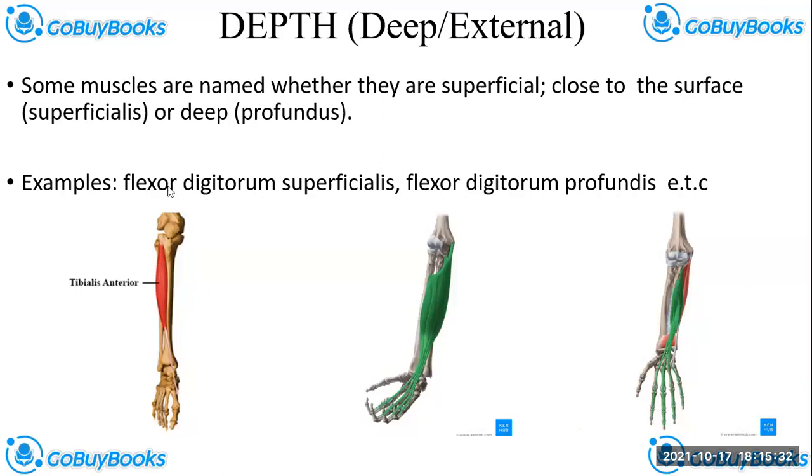The last thing we'll talk about is how muscles are named based on their actions. That's the last thing we'll talk about after this. But you remember I told you that muscles are usually named as a combination of different criteria. It's not usually just one thing that they use. Sometimes it can be just one criterion, sometimes a combination of different things, and then the muscle has its name. The flexor digitorum superficialis and flexor digitorum profundus are examples of a combination of names, and I would break it down.